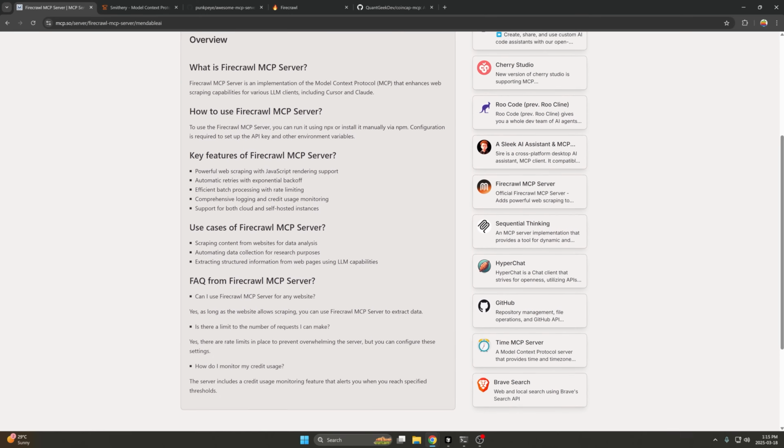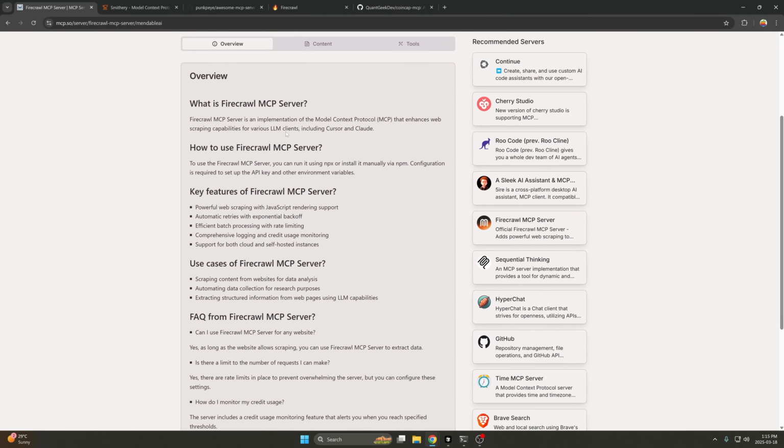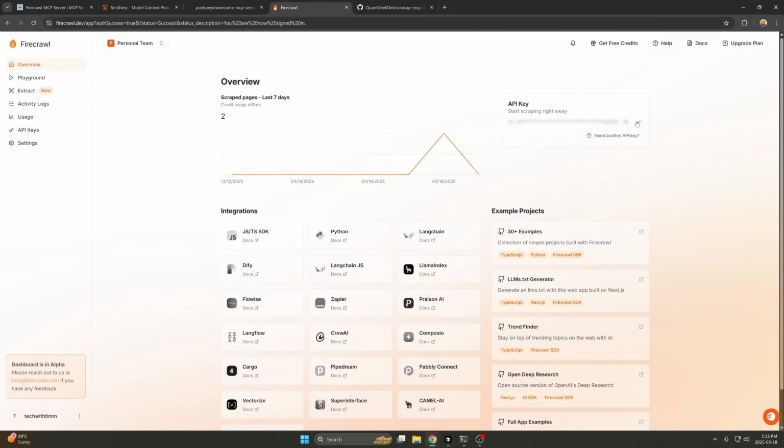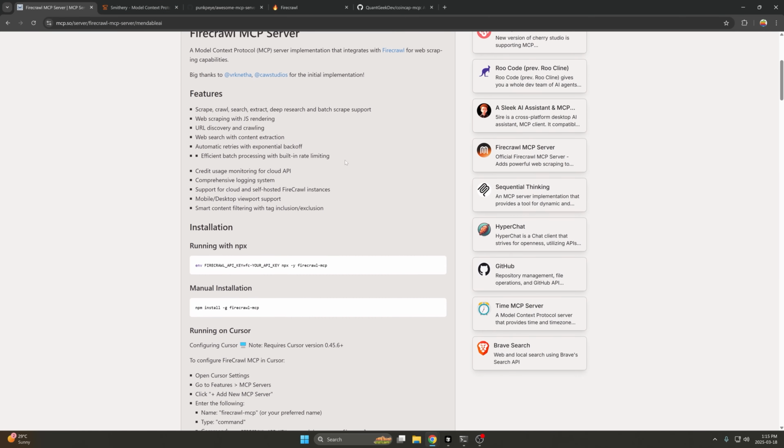Now from this page, you can read through what you need to do here. And the first thing that I found is that I need to create a Firecrawl API key. So I went to Firecrawl, okay, firecrawl.dev. I made this API key, and then I copied it, okay? Obviously don't leak this to anyone. After the video, I can regenerate this so you guys don't see it. Okay, I now have this API key,